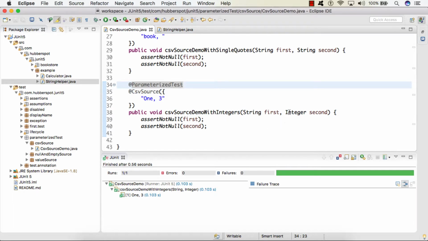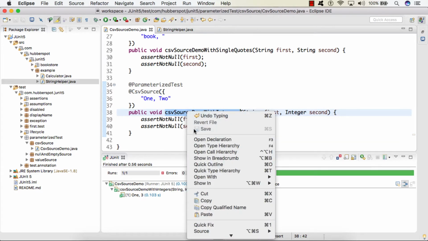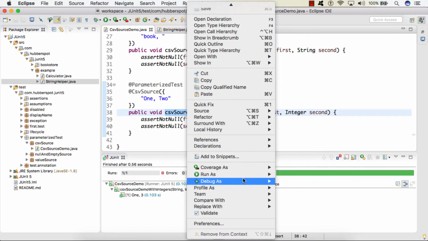And also friend, if you have provided the integer value here and if you are providing any value which is not integer, let's say I give value as 2. So here @CSV source will try to convert this value 2 to integer, and if it fails, it will give us an exception. So I'll simply run it.